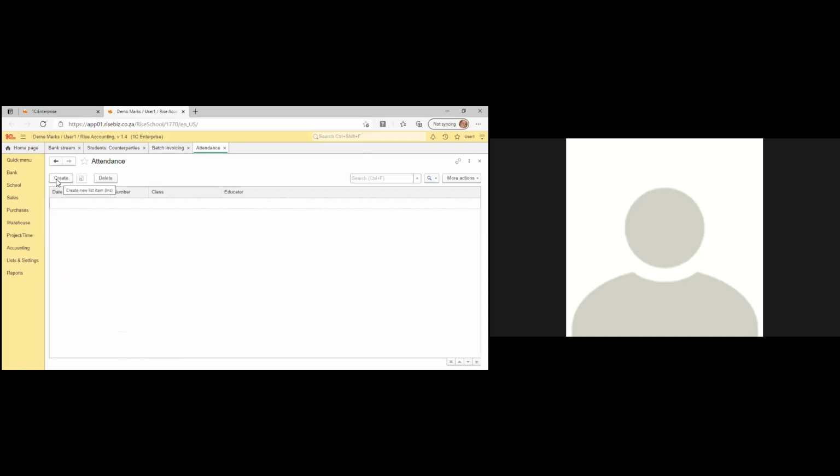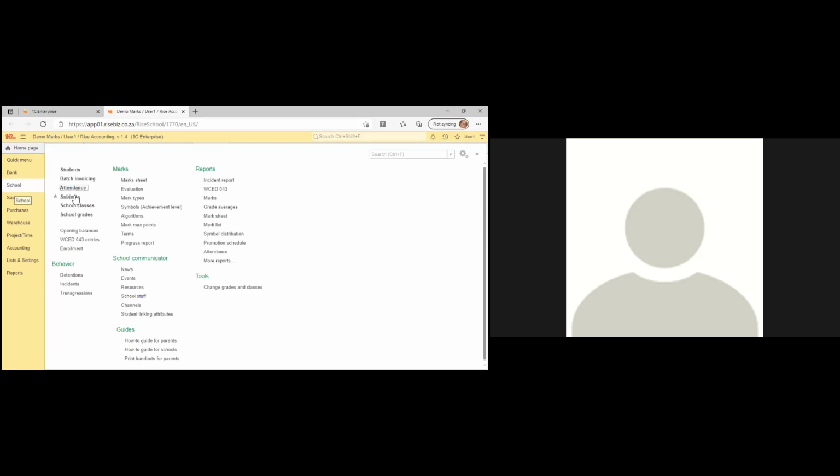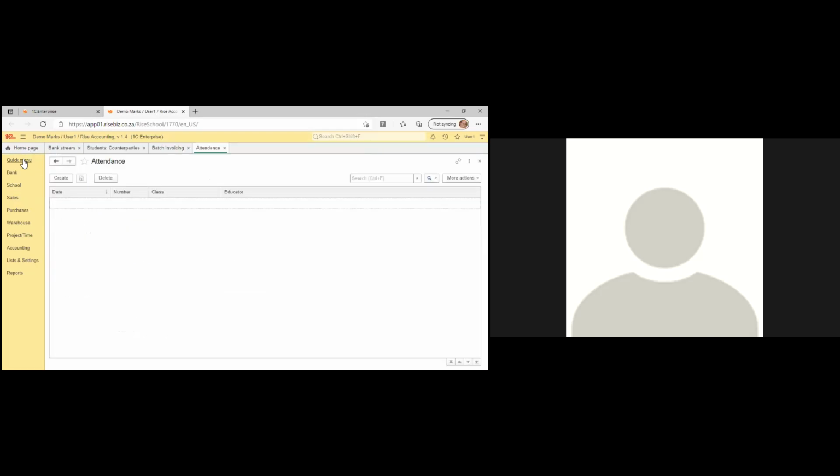And there you also have to create your attendance register with your dates. The subjects we've looked at already. And then if we go to the home page,